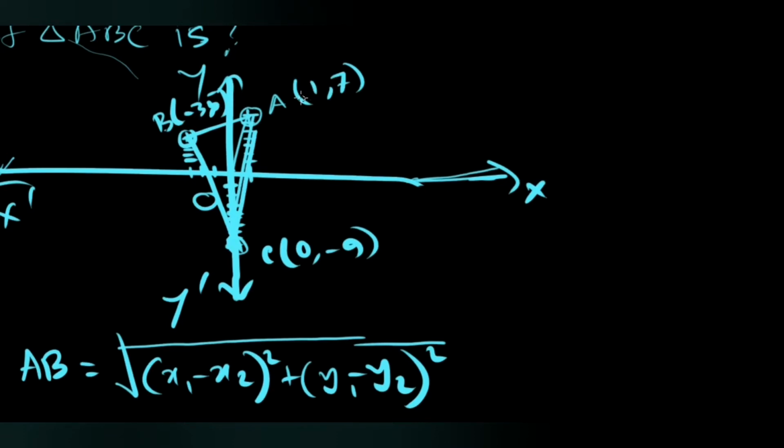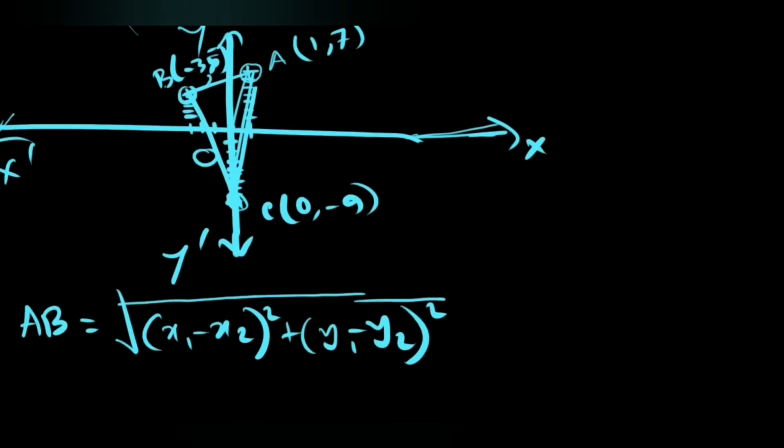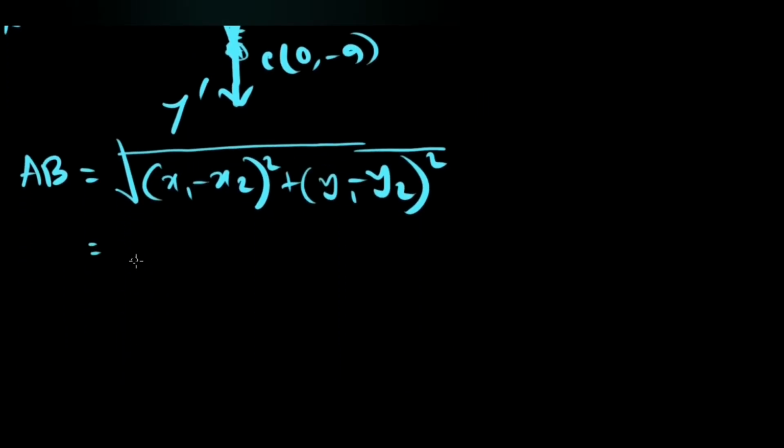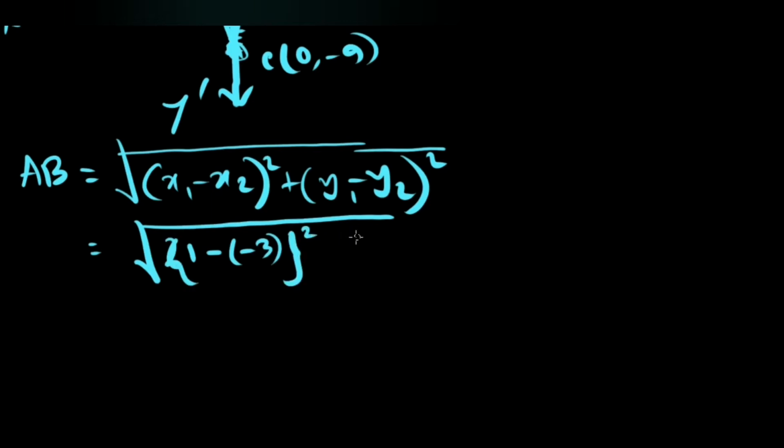So I'm going to take point A as the first point, so I'll consider x1 as 1 and y1 as 7, and -3 is x2, and 5 is the value of y2. So I'm going to place this one. So the next line will be x1 was 1 minus, from the formula, and it was -3 as the value of x2. Again y1 is 7 minus 5